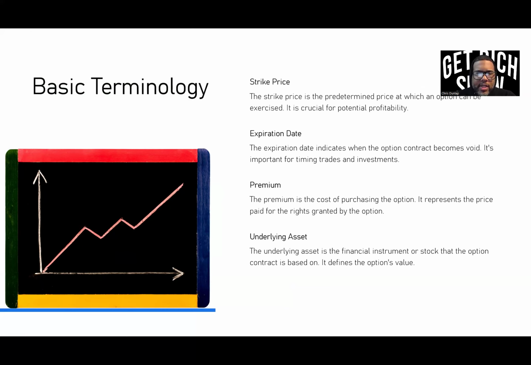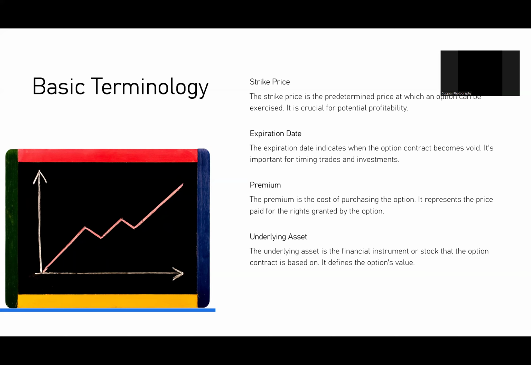So today you may have seen at the end of the day, we did this put that said, hey, we're going to do a put on, I forgot, I think it was UPST for $86. So that strike price is us saying we think that UPST is going to go down to $86. That's going to be our strike price, and our put is the direction that we think it's going to go. And then the expiration is how much time am I going to give this